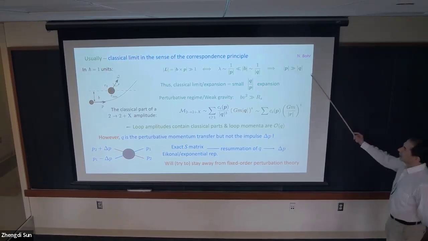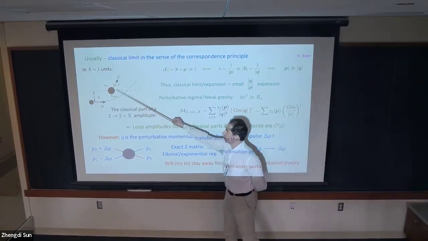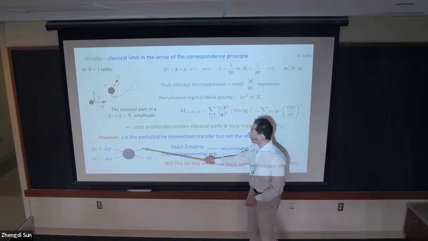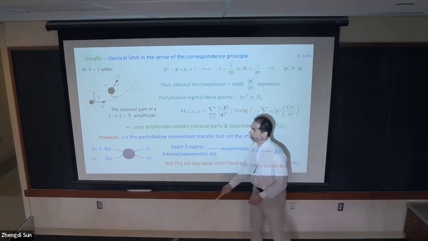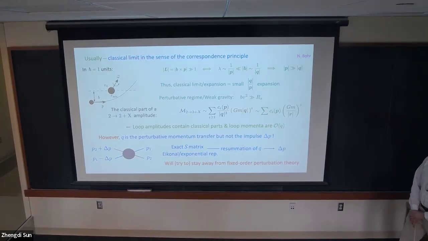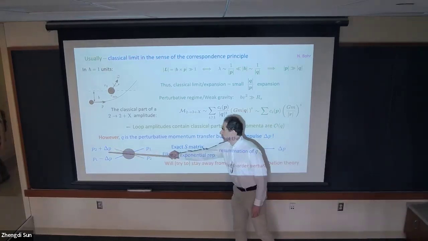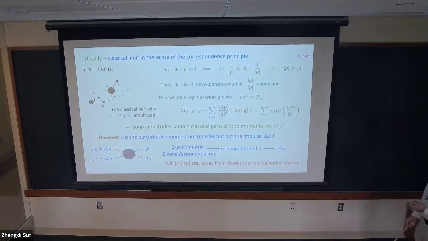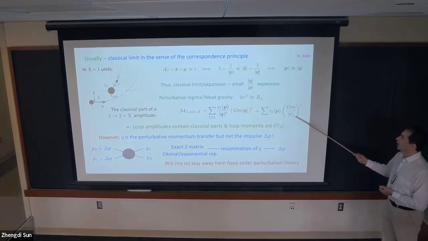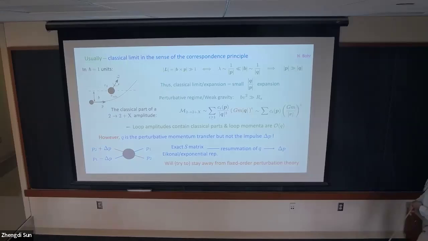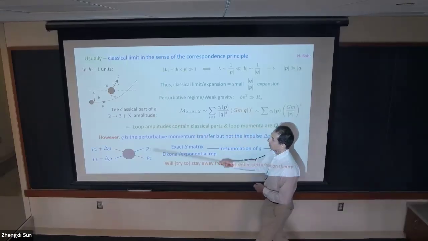We have to appreciate that this momentum transfer in any one scattering event, such as the one depicted there, is not actually the momentum by which the momentum of an incoming particle is changed in the entire scattering process. This momentum transfer is really an avatar of that total impulse. And this total impulse can be constructed in a variety of ways. For example, by solving Hamilton's equations with the Hamiltonian constructed from the scattering, which looks like that. Or it can be extracted from the eikonal, which is really a resummation of these, of the involved infinite